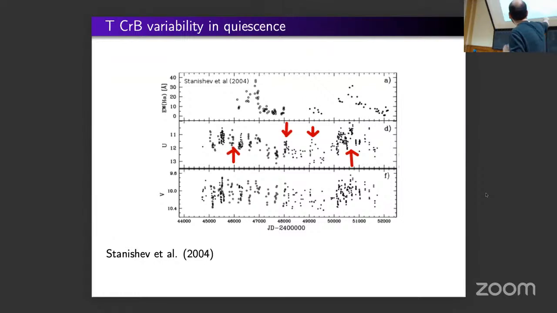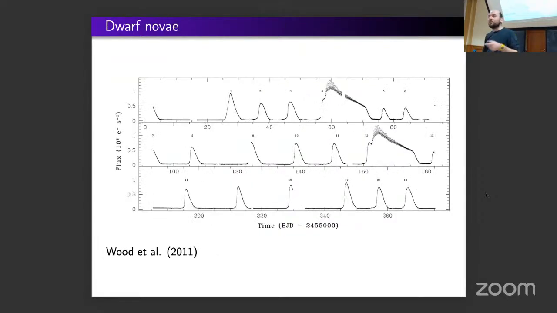But also when you look closely, the big increases in brightness are far apart, but in between them we have shorter and smaller amplitude increases in brightness, which, when I look at that, looks very similar to SU type dwarf novae. Dwarf novae are different from classical novae. In classical novae we have outbursts from thermonuclear runaway on the surface of a white dwarf, and dwarf novae is thermal instability in the accretion disk. So it's only